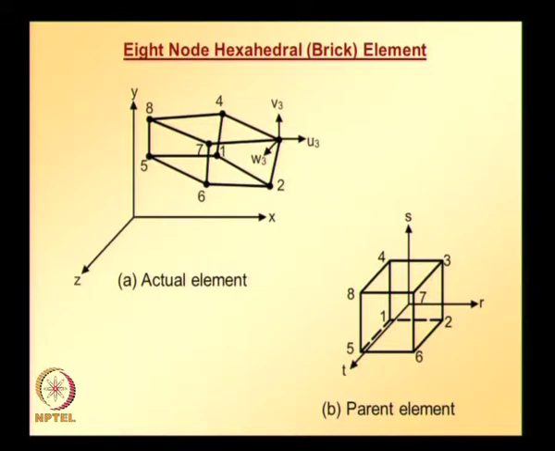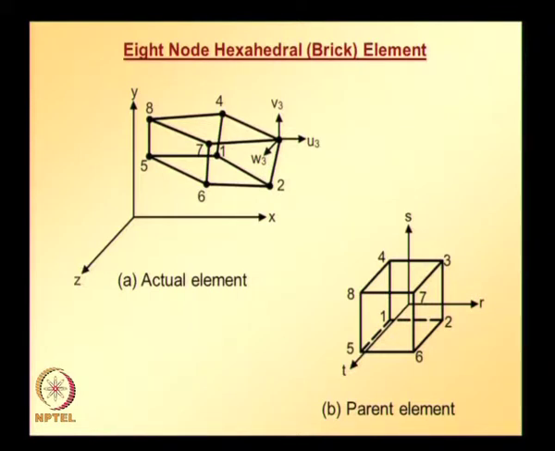Node 3 is located at r is equal to 1, s is equal to 1 and t is equal to -1, and node 4 is located at r is equal to -1, s is equal to 1